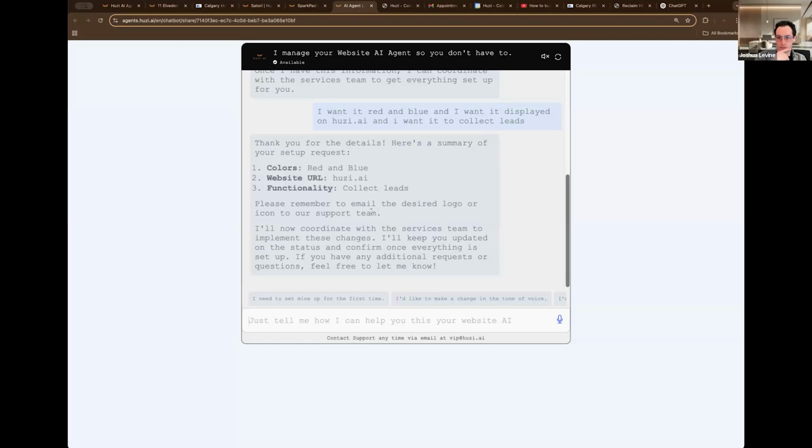So yeah, please. A good way to think about this is, say you need something done, you email support, and then there's a sort of back and forth. As soon as they're available, they get back to you. As soon as you're available, you get back to them.